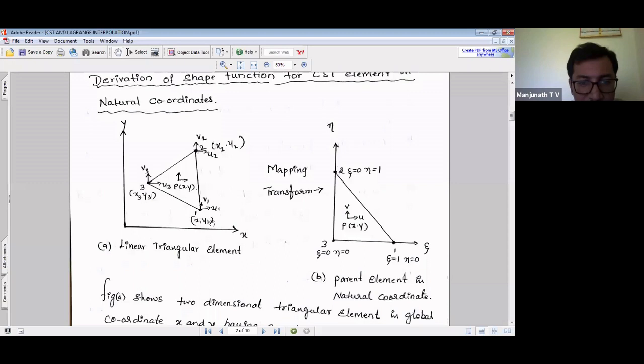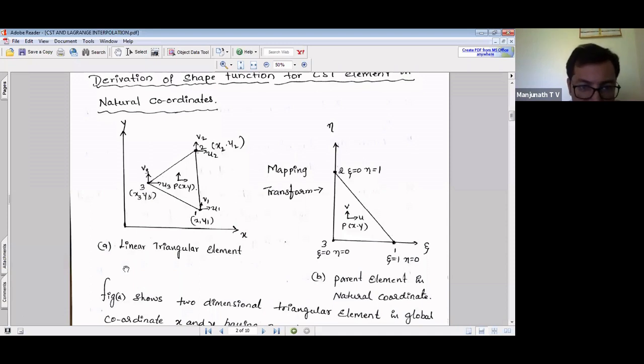At node 1 the coordinate values are x1, y1. Similarly, the coordinate values x2, y2 at node number 2, and at node number 3, x3, y3 are the coordinate values. The displacements are u3 along the x direction and v3 along the y direction. Similarly, there is 1 degree of freedom along the x direction and 1 along the y direction, so with a total of 3 nodes, and 2 degrees of freedom per node, 3 into 2 gives 6 degrees of freedom.